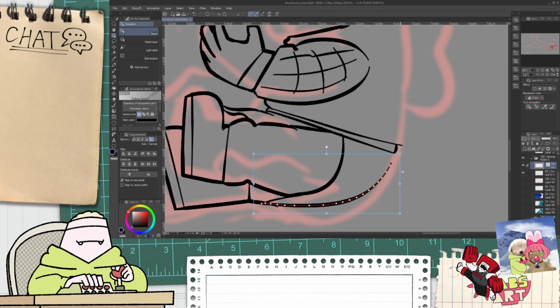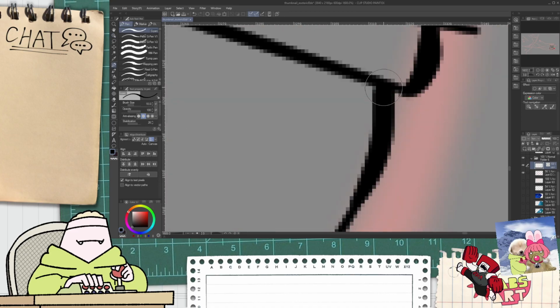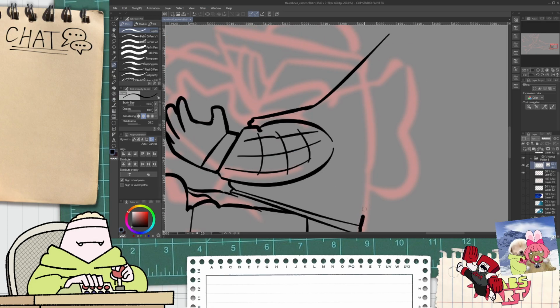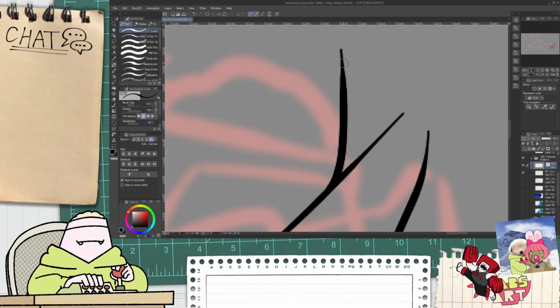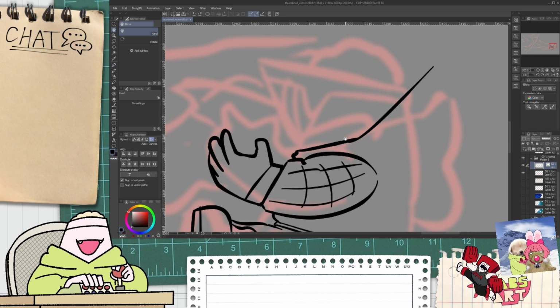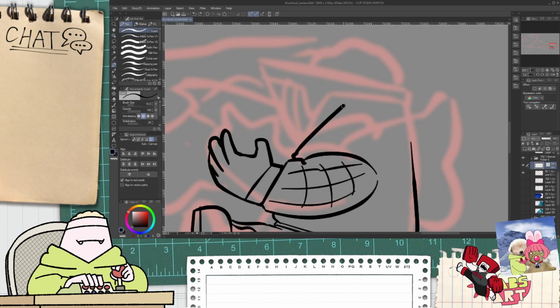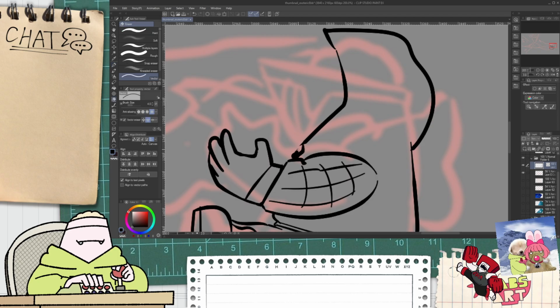Something like this. Or actually, couldn't I just have the hood up? Because I feel like then it almost makes sense to have it like this. Right?